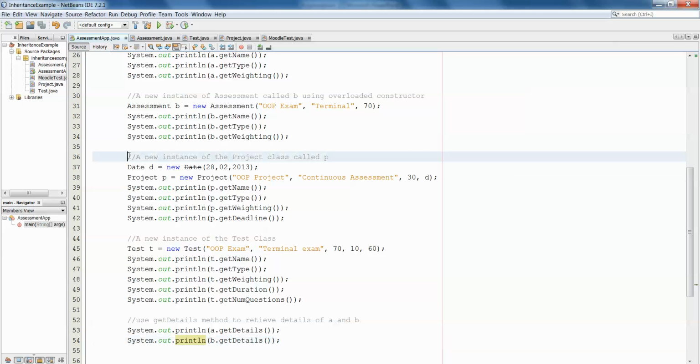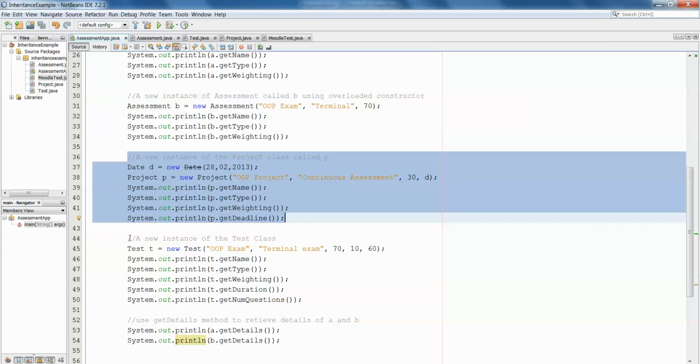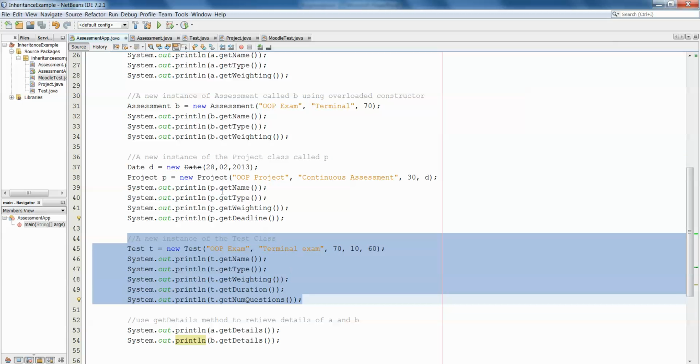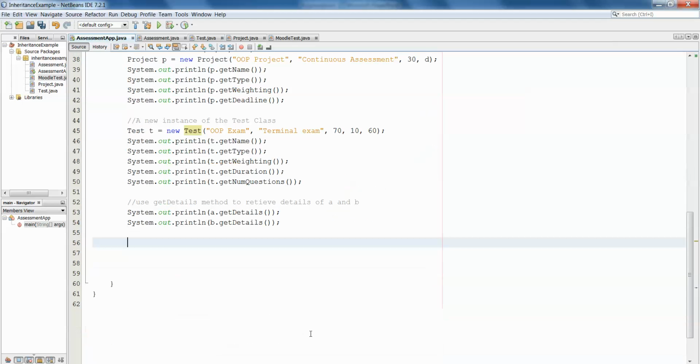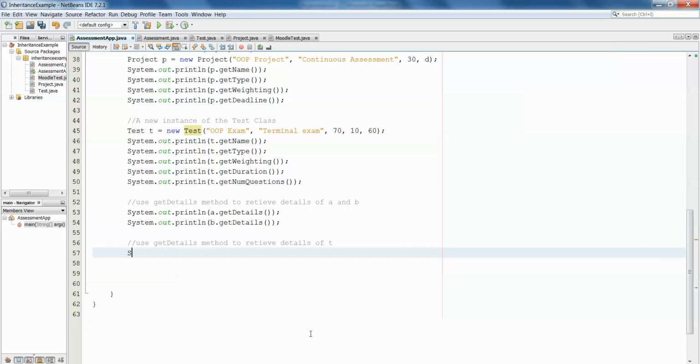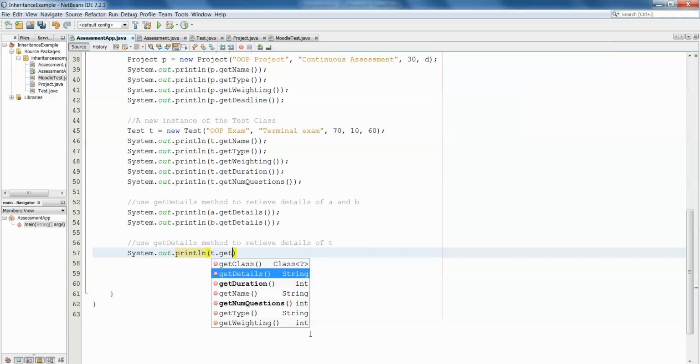Later on in examples we went on and we created a project P and a test T. Obviously projects have more details than a regular assessment, and tests have more details than just assessment. So let's try again. Use the getDetails method to retrieve details of T. Okay, System.out.println(t.getDetails());